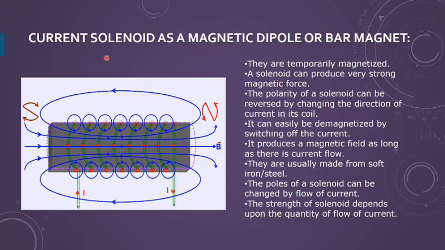This is the current carrying solenoid that acts as a magnetic dipole. It means if I make current pass through a solenoid, then it behaves like a bar magnet. Like we discussed for a current carrying loop, if the current is anti-clockwise, it behaves like a north pole. From the side, if you look and the current is passing clockwise, then it behaves like the south pole. The same concept is there, and we have already discussed the solenoid in detail. But of course, here we are making electric current pass, so the more current we pass, the stronger the magnetic field will be.